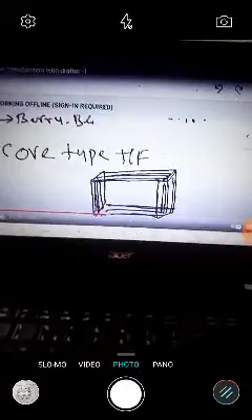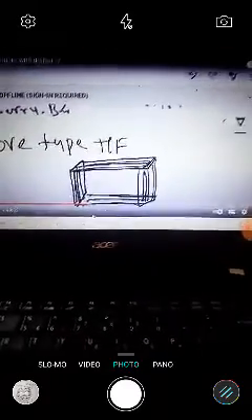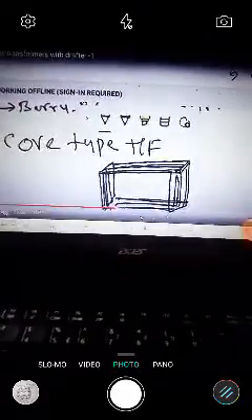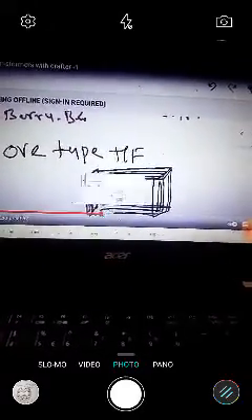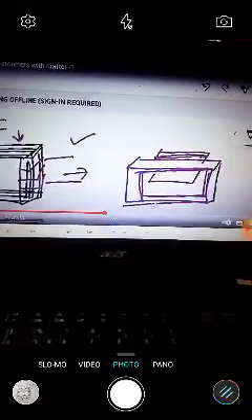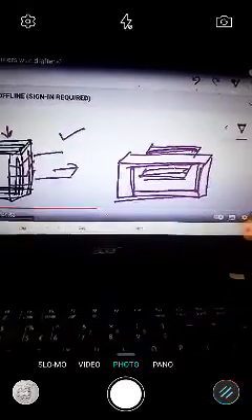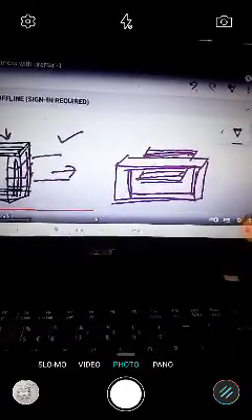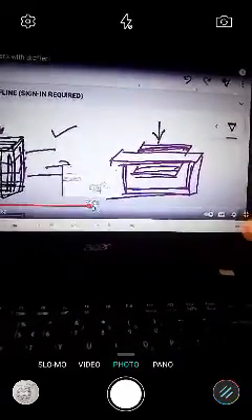See here, we have a core type transformer. In this core type transformer, we have seen the laminated sheets. The laminated sheets are drawn, and these laminated sheets consist of certain blocks. This only we call a stepped core. How are the steps drawn? We have single step, two step, and three step.